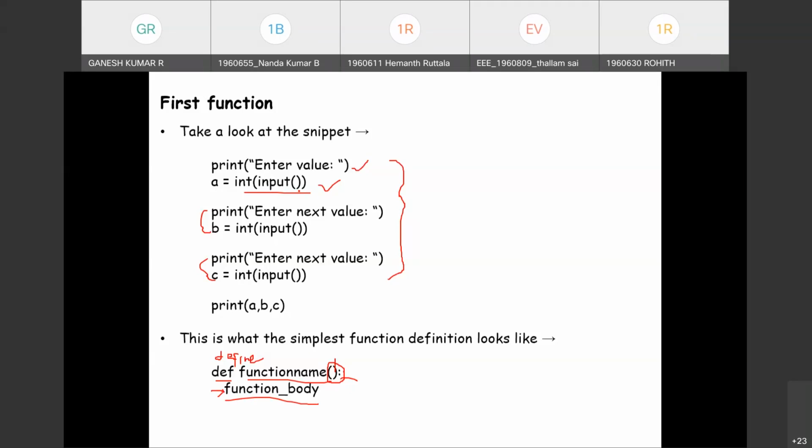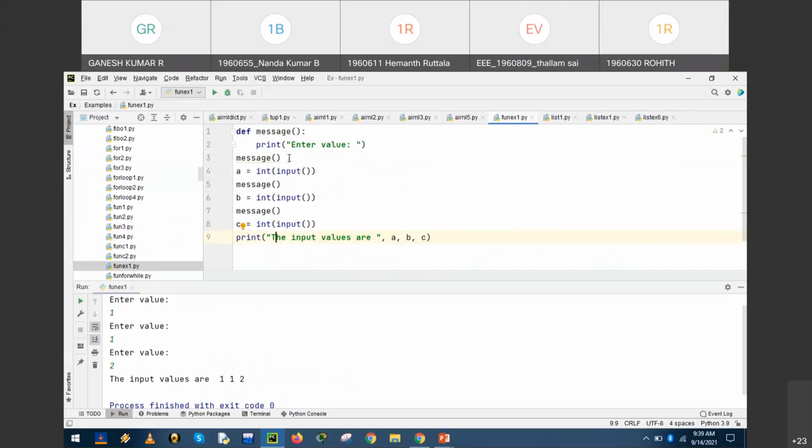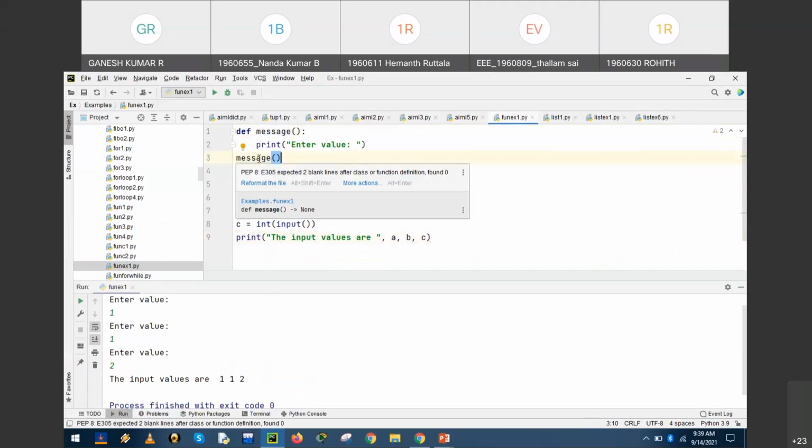Okay. Any doubts? So what we have introduced today is function and invoke. Please note, when we invoke a function, Python remembers the place where it happened. This is the part where we are invoking the function, because first it is defined, and the next time it is called, invoking the function. When we invoke the function, Python remembers the place where it happened and jumps to the invoked function.